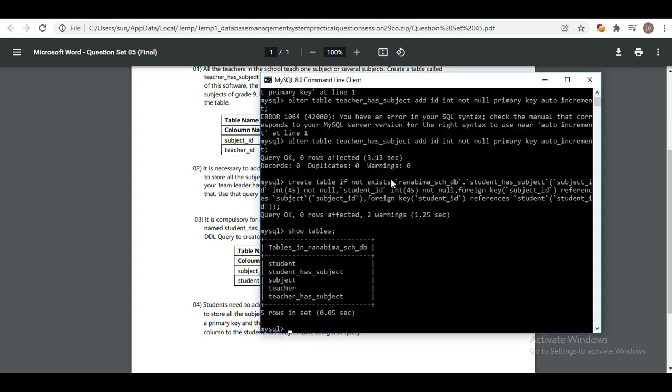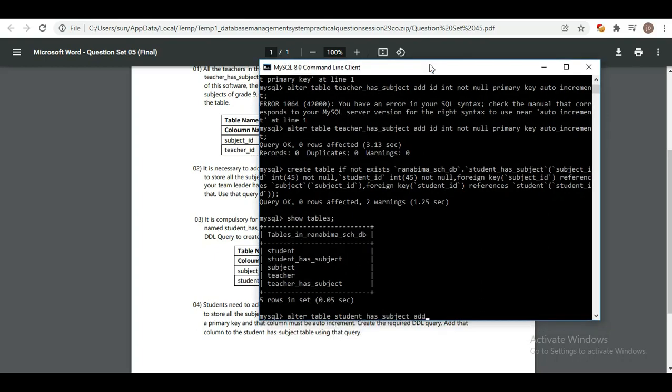So again I'm going to go to command line and then type alter table and then give the table name, which is student as subject, after that I need to tell it to add the new column, which is ID, and give it a data type int, and after that not null, and primary key, and after that auto increment,